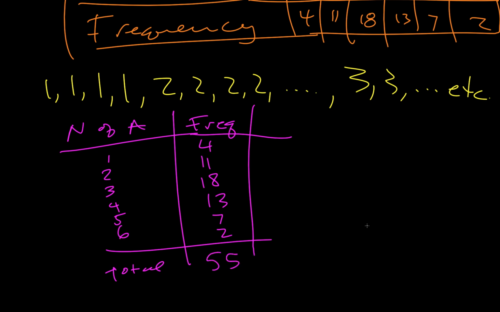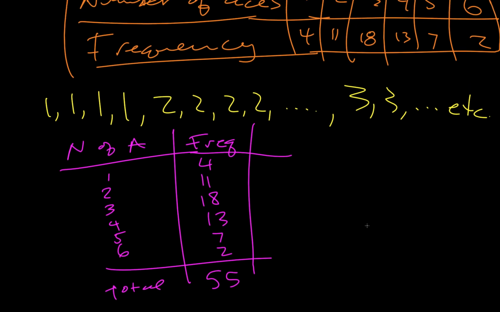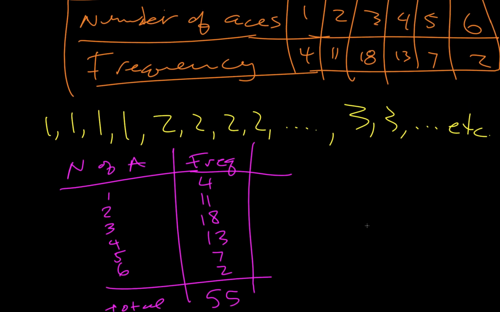And then having a cumulative frequency might help us as well. But you can go through the example in the book if you like how they do it better. I think this is all the information we need. We'll see if I come back to this. But if we're doing the mean, we just need the sum, which is right here. We just added that up. So we just need 55. And then we just need to know how many,